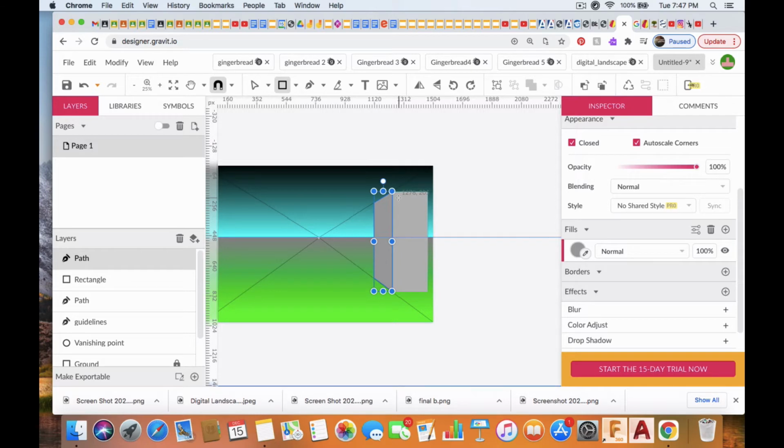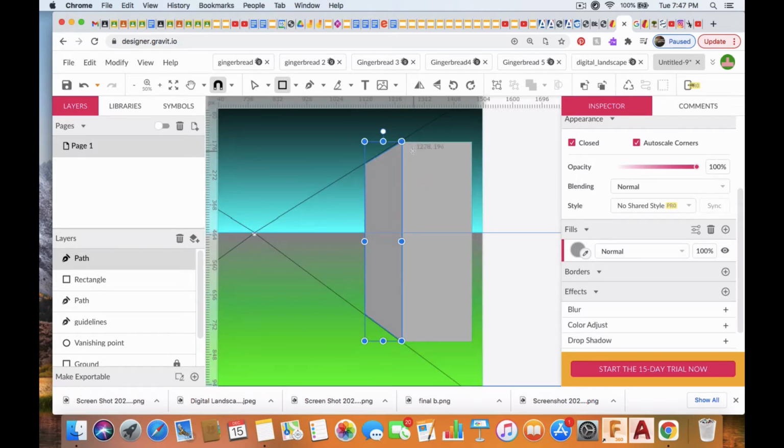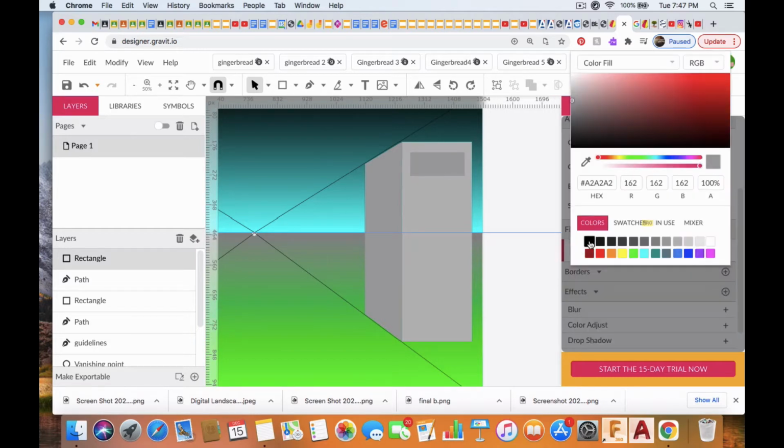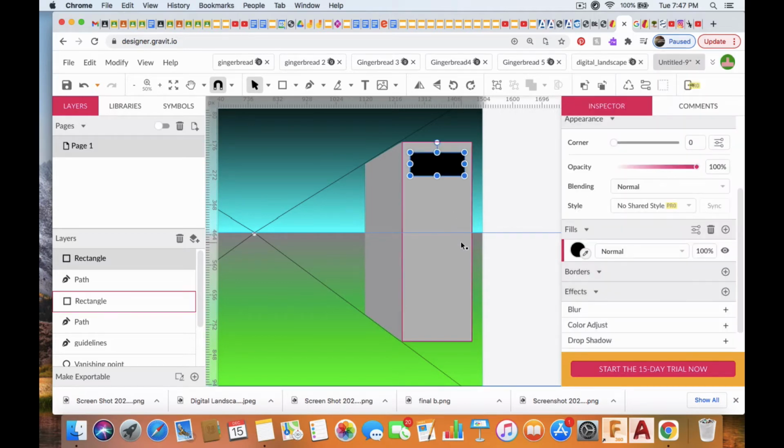Let's zoom in a little bit. And we'll just make a row of big windows like this. Let's change the fill to black. Good. So now with it selected, I'm going to duplicate it with Command or Control D, and that will place a copy right on top of it. I'm going to move it down,